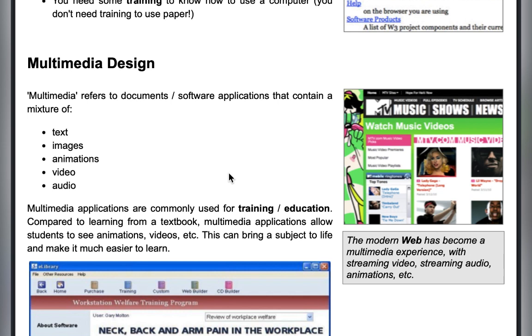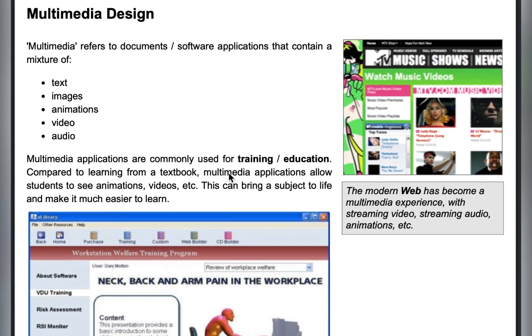So when we make a PowerPoint presentation, or what you call a presentation tool, an example is MS PowerPoint. When you're making an MS PowerPoint, you make it multimedia compliant, such that you write text, you put some images to make it a bit attractive or catchy, you put some animation, put videos, and put audio. This makes it inviting.